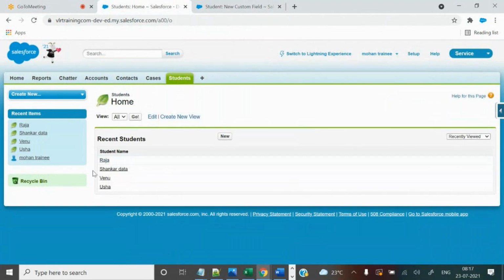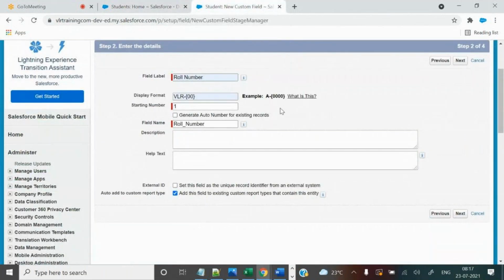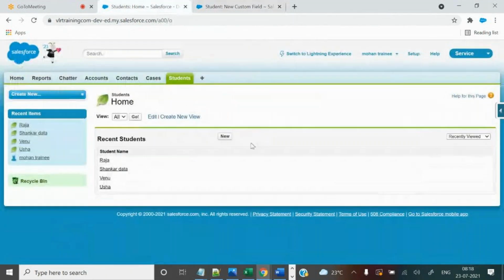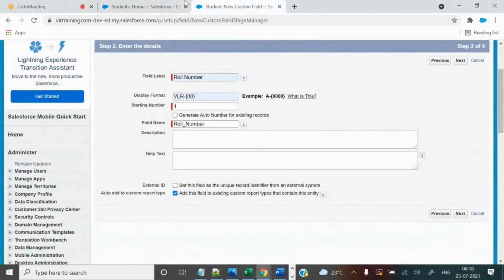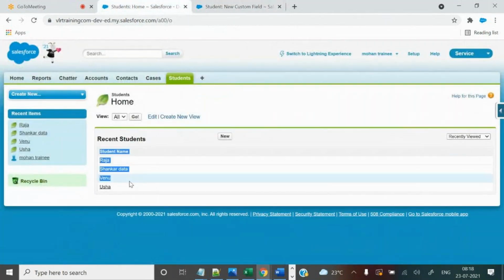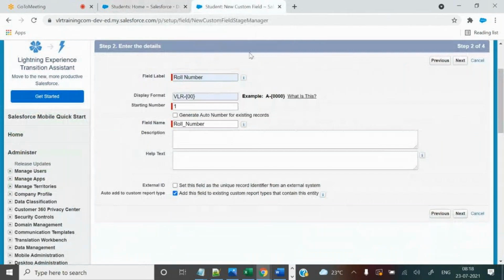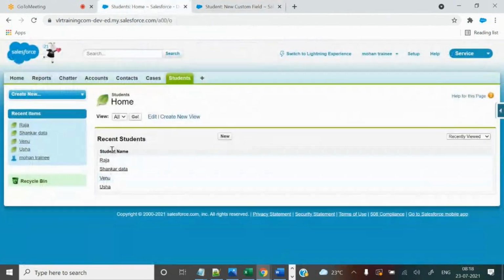Now as of now, the field is removed. In the previous example, how it works is, we created the auto number field, and after the field is created, from now onwards, if you create new records, then only for those new records does the auto number work. For existing records, the auto number values are not added. Now what I'm going to do is update existing records also, along with the new records.